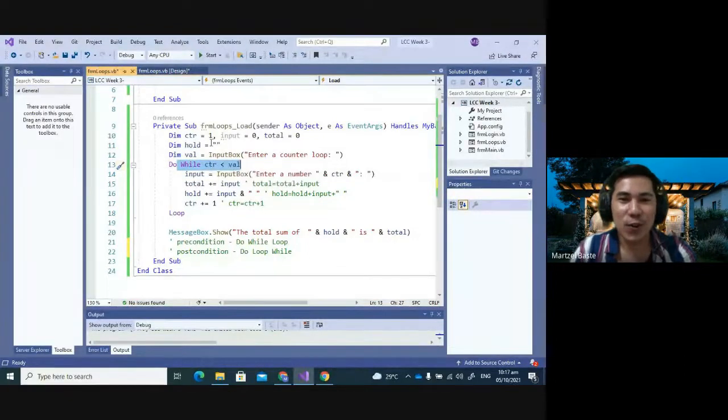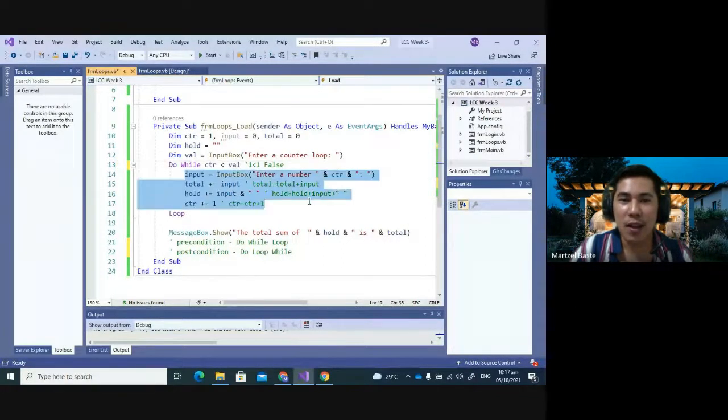Okay. So earlier when we ran this program, it stopped directly. When you input 1, because 1 is less than 1 is false, it means it stops, meaning it doesn't enter your heart. It doesn't enter the while block, which is here. So if ever you use do loop while,